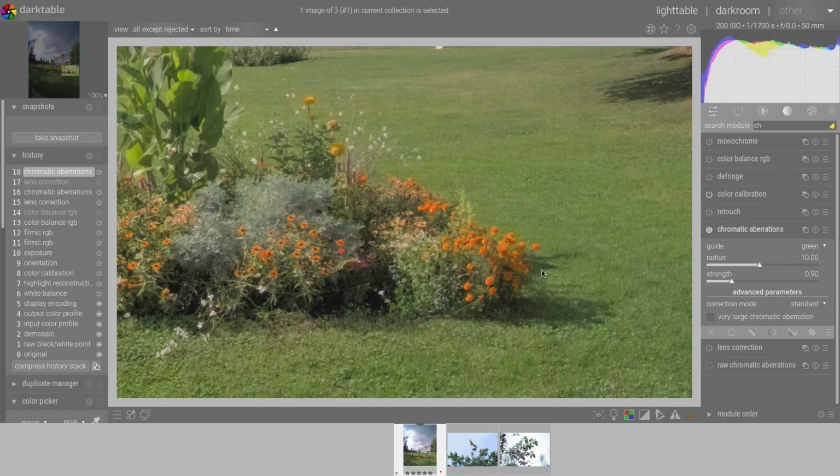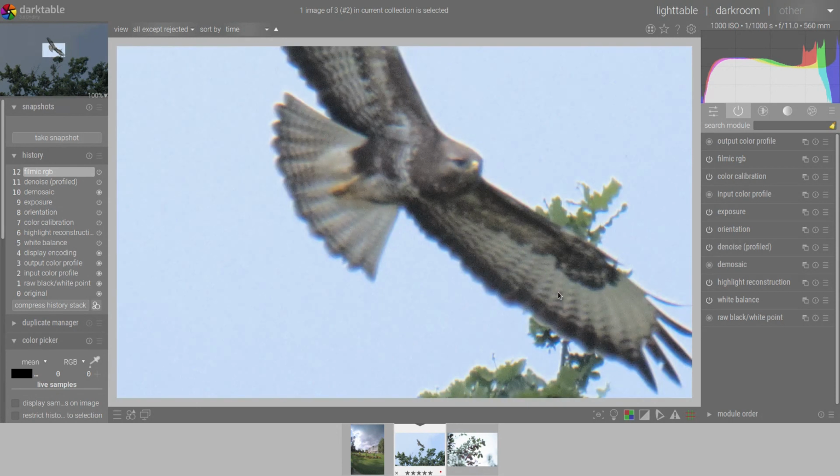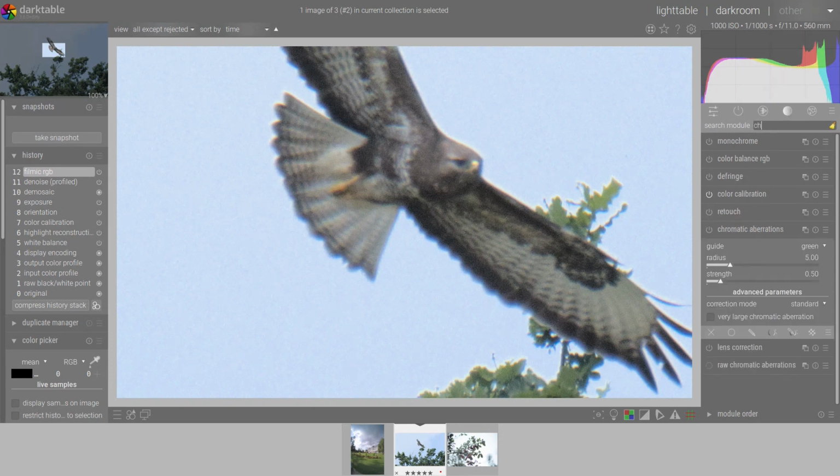Okay, that being said, we can move on to the second image where we'll see some other controls of the module. On this image, the lens correction module won't help. So we'll do everything with chromatic aberrations.